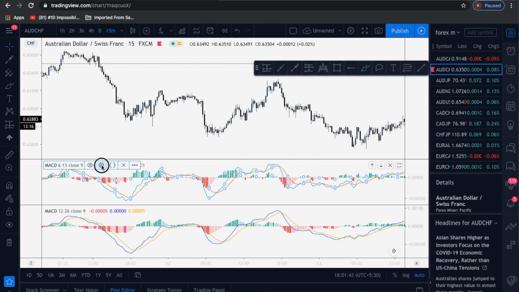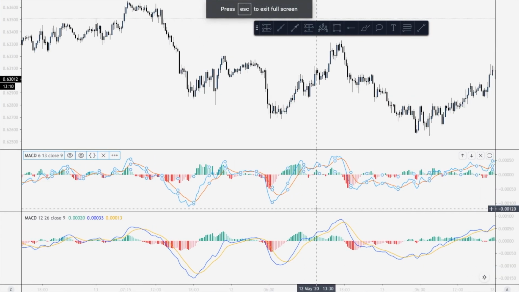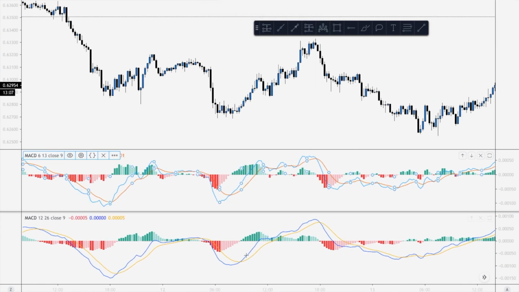So let us add another MACD, lower its period and see what I meant. Now if you compare both to the price, the MACD with a lower period has given us an early signal by crossover. And if you see here, the MACD lines crossed the signal line and the price moved up. But while the MACD line with a lower period already gave us the signal, the MACD line with a higher period is lagging behind. So using a MACD with lower period can be very beneficial for scalping. But then you should be aware that it also gives a lot of fake signals.